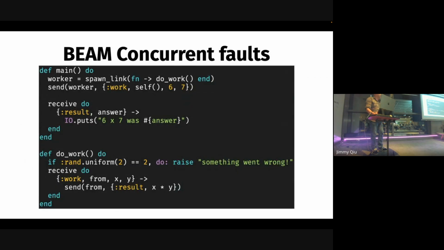So with Beam, if you're doing that similar kind of thing with concurrent logic, it's what we had before. Here's some code that's going to spawn that thing with a spawn link. We're going to send the work to it. Same deal again. If we randomly get an error, we're just going to raise, and then that'll blow up. That'll cause the thing that spawned it to blow up, but you can contain that. You can kind of have a supervisor and then pick that up.